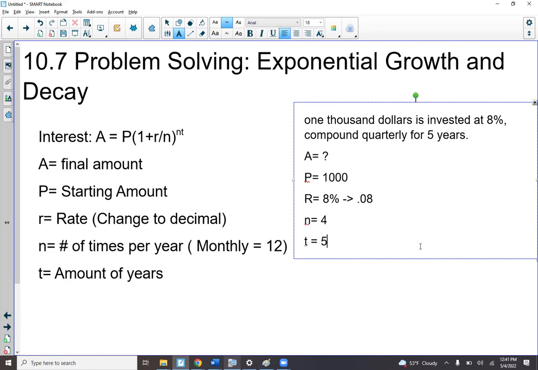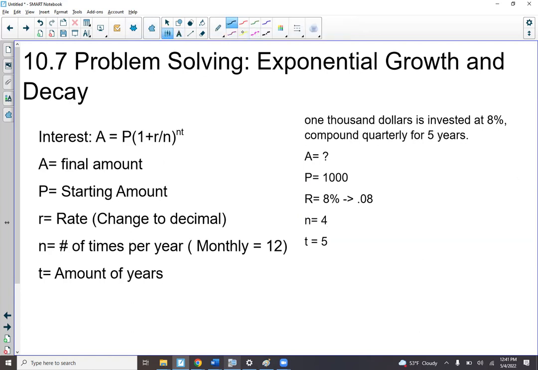But I have a question. Yes. In one of the homework problems, it said $1,000 invested at 12% interest compounded annually. So that's once a year, right? Every year. Oh, so A equals 1,000 times (1 plus R, which is 0.08, over N, which is 4), close parenthesis,